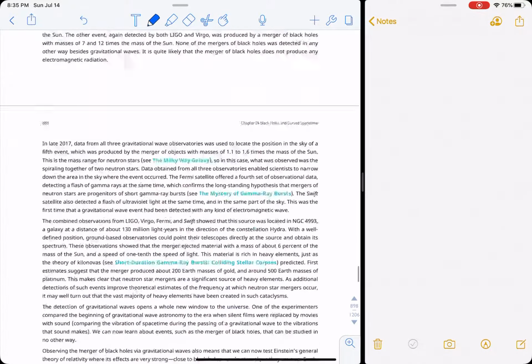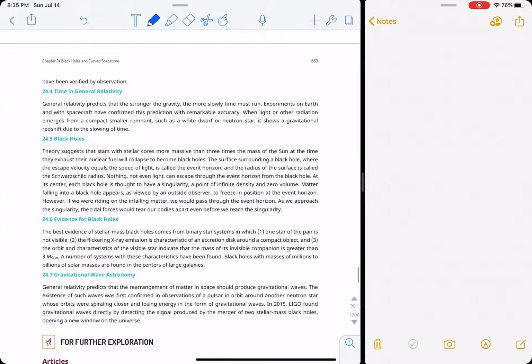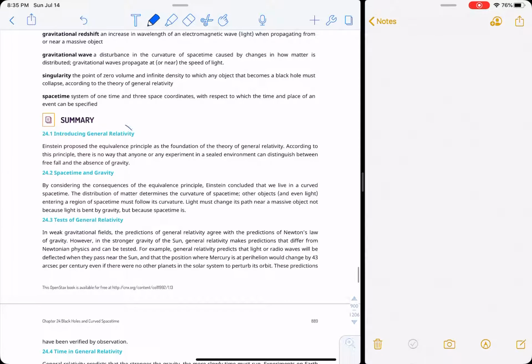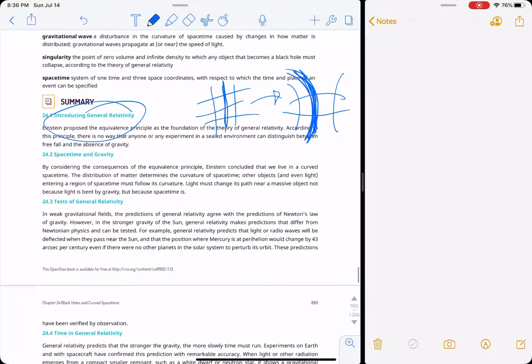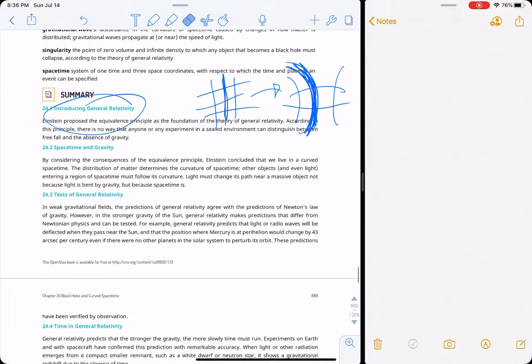Okay, so let's go to the summary here. In summary, general relativity is treating time and space on the same footing and saying when a big mass gets into space, it actually causes it to curve. And that curvature determines your trajectory. You will follow a straight line on a curve, and that will be your future path when the space is curved. Rather than moving on a straight line, you will follow a curved path. You won't know it, but you will. Okay, and that's what gravity is. It's this curvature caused by mass.